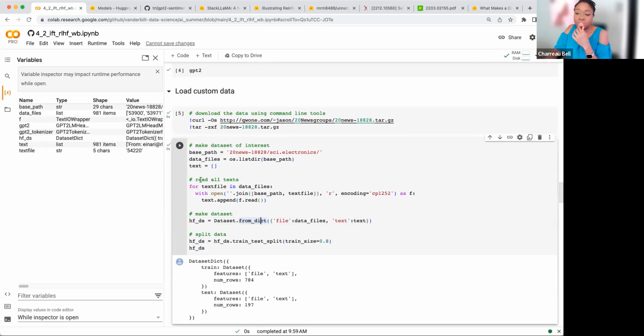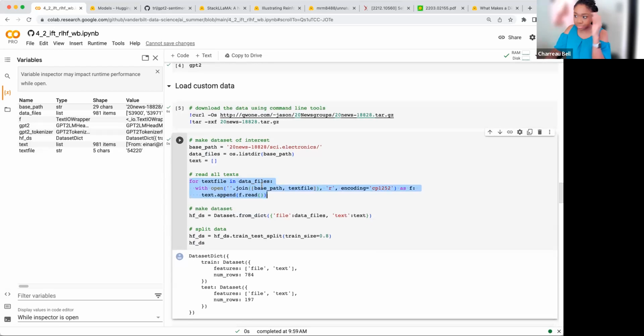But it only works if you have a whole directory of nothing but text files. You can call load_dataset on that directory, and if it sees all text files by default, it'll be like, I know what to do with that, and it'll just go ahead and create your dataset. No need for reading in all these files or anything like that. It'll do the same thing with JSON lines, and the same thing with a directory full of CSVs.